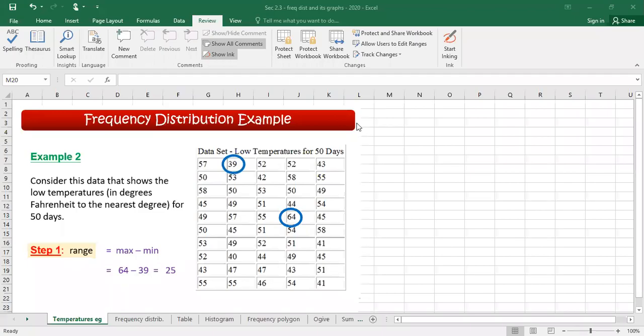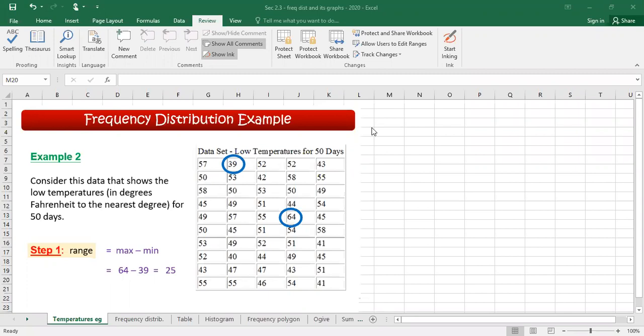So in section 2.3, we've been looking at frequency distributions and the related graphs. We've done two different examples. We're going to look at the second one here, and do all the graphs for this particular example. So I'm just going to give you a recap of what we did in class, because in Excel, when we construct